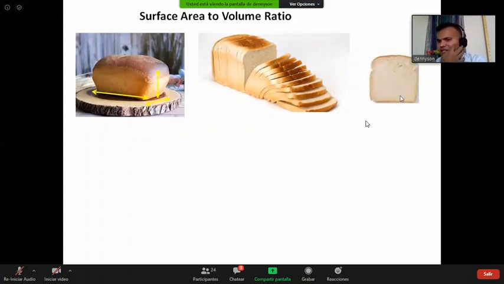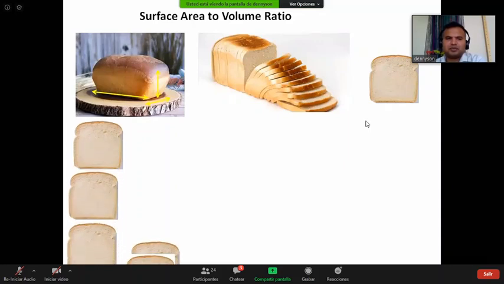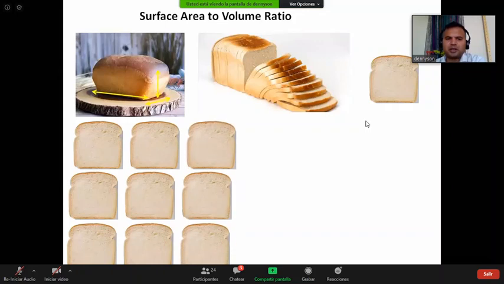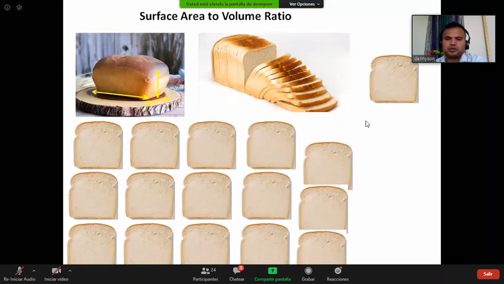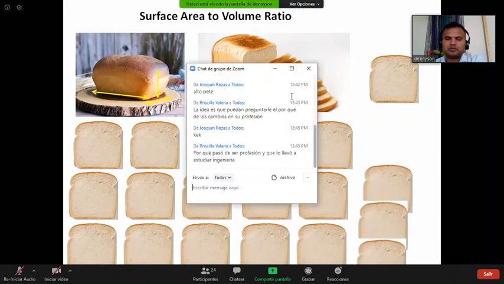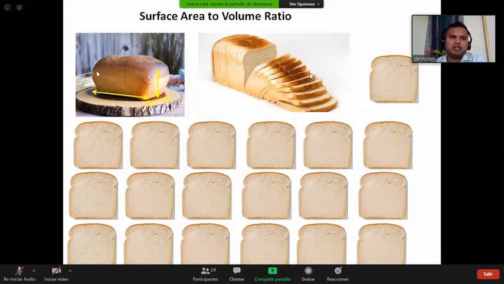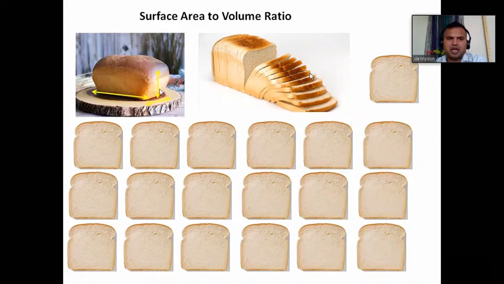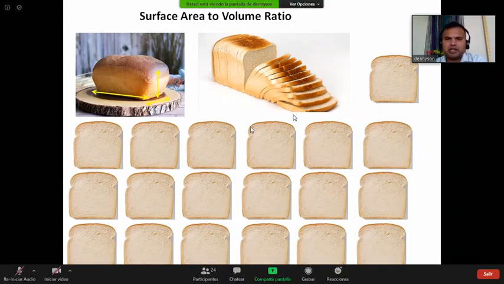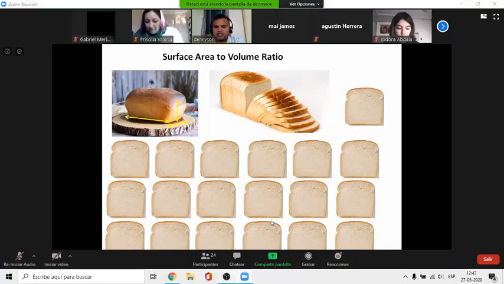If I cut this into slices and spread it on the table, then it occupies more area. It's the same bread. You see here the length and breadth, it occupies very less area. But you cut it into small pieces and spread it, you can